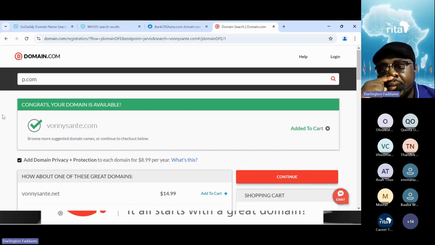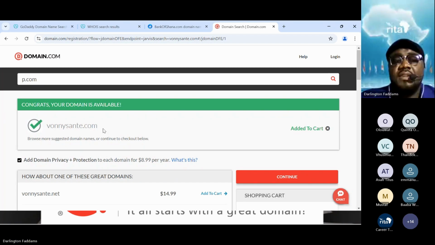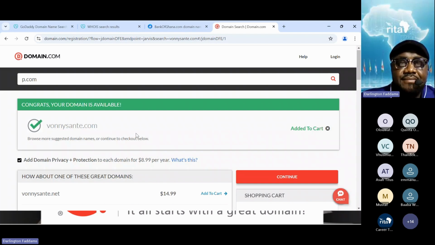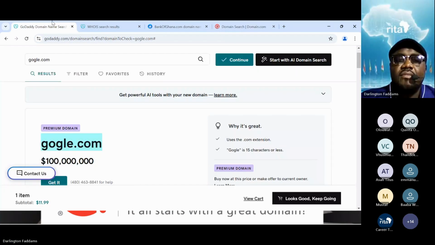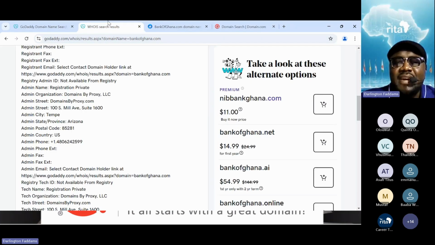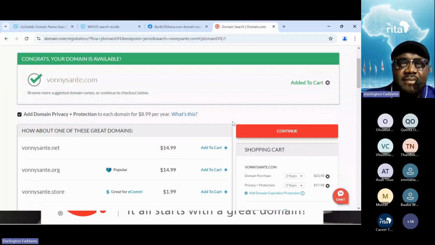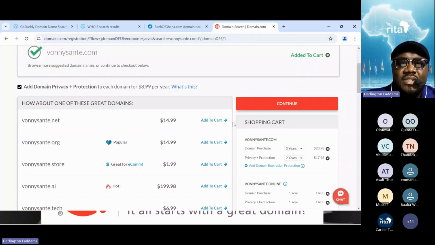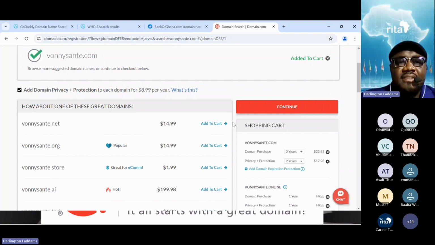GoDaddy is giving one level of privacy for free, and it's something they just started. But privacy has always been for sale. But I'm surprised the price has changed on domain.com just this morning. I'm going to check the video again. It was 9.99. I was telling my students that it has always been 9.99 for so many years.